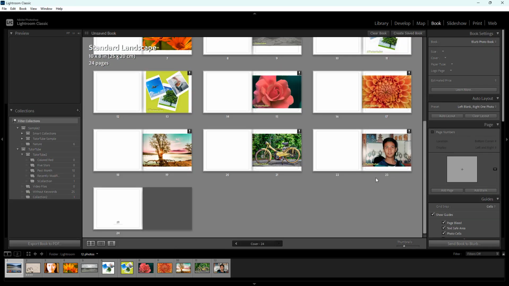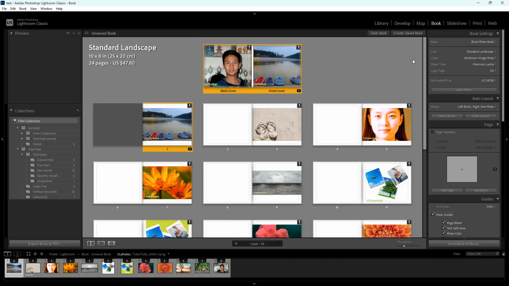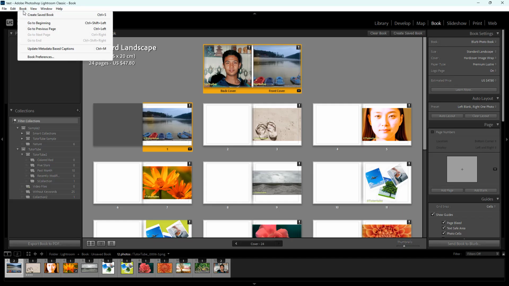Once you go onto the Book module, you will be able to see all of the images that you have in the collection, just like this, in a standard mode. Now, let's say you want to change the preferences of how these images are displayed. Then what you can do is go onto the Book menu for that, and then go onto